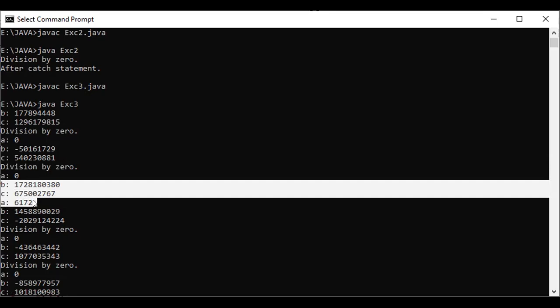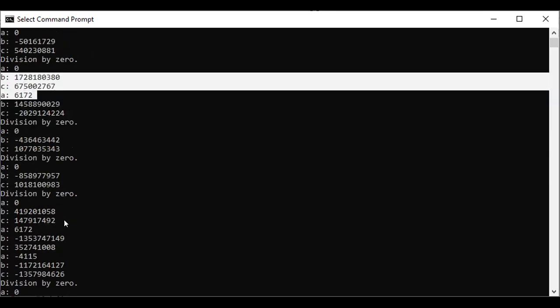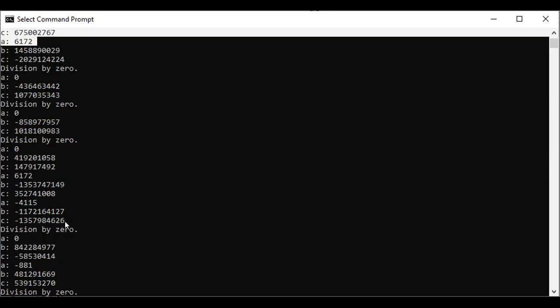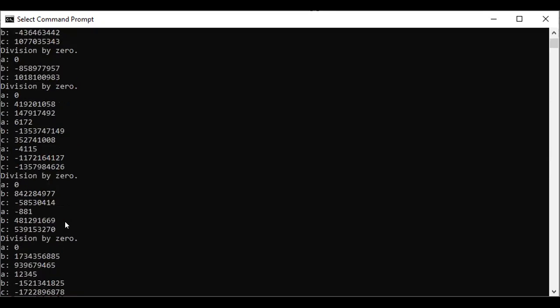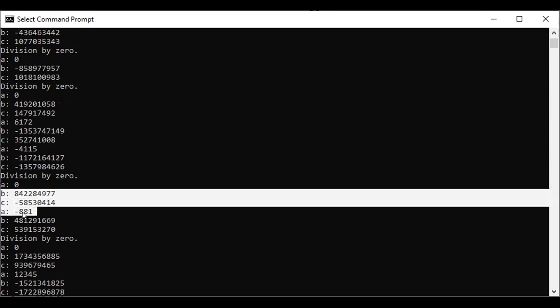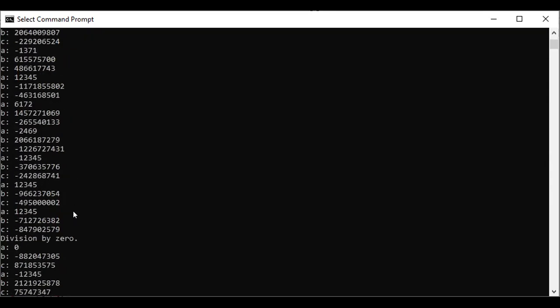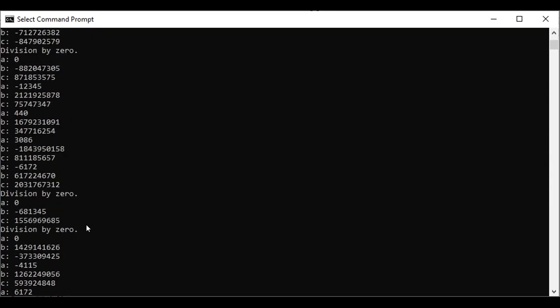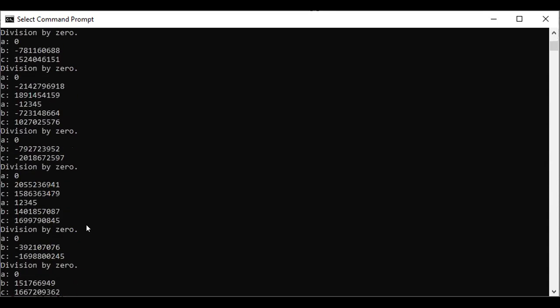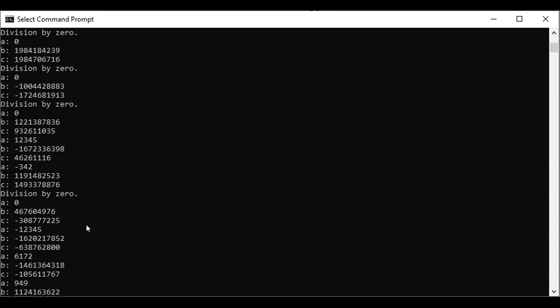Why? Because the exception is not generated here. So if the exception was not raised, don't bother about the handling either. If you observe all the cases where the random exception is generated, random number generation and exception taken, in some cases we are also assigning negative numbers to A. Understood? So this is the way of handling a mechanism when exceptions are raised by your programs.